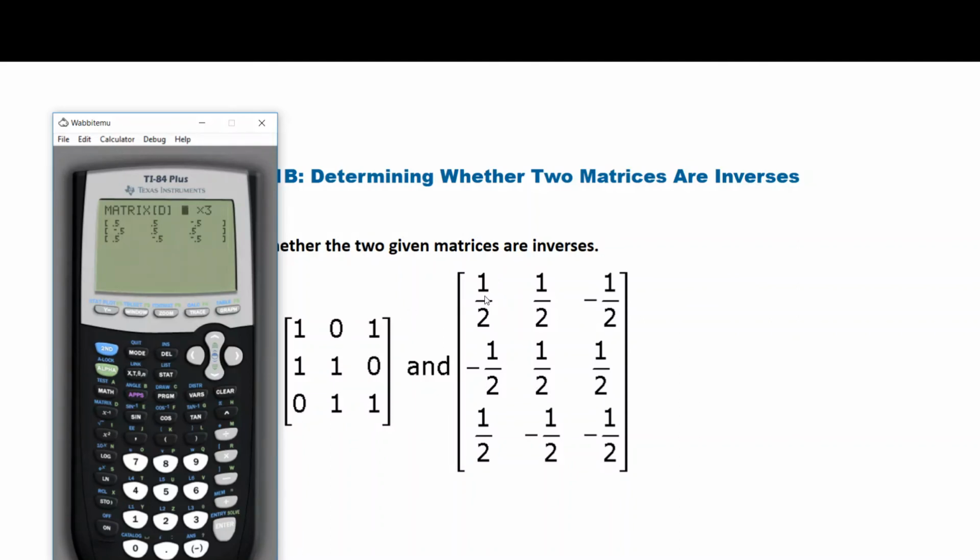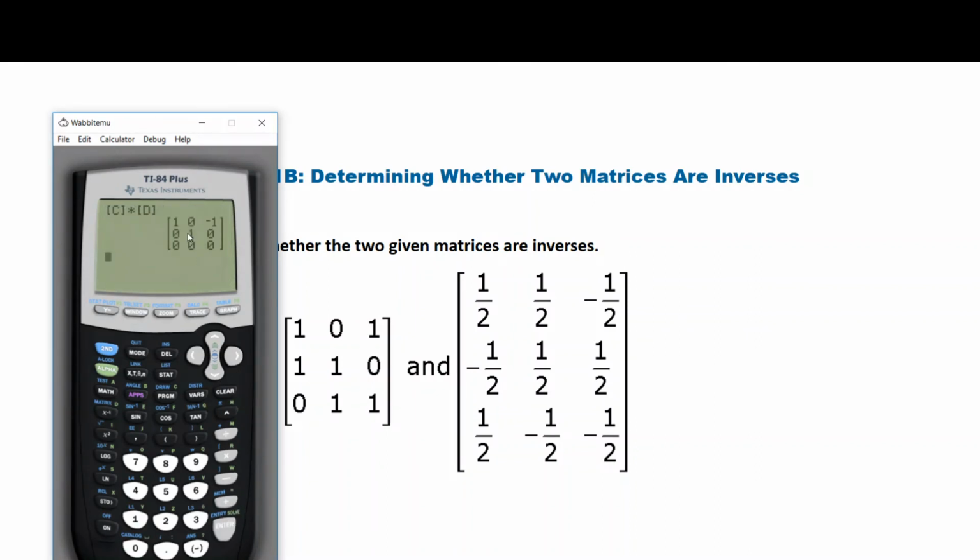And notice I have 1/2 here, but 0.5 here, and that's the same. Just have a negative there, a negative up here, and a couple of negatives on the bottom row. So it looks like our matrices are both correct. So let's say second quit, clear that out. We're going to go second, and we're going to go to the C matrix, where our first one was, and we're going to multiply it times our D matrix, and that's enter,